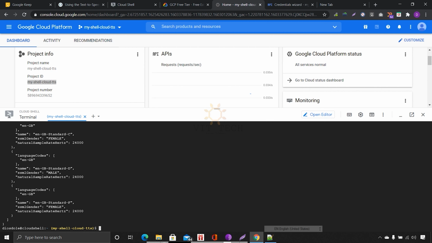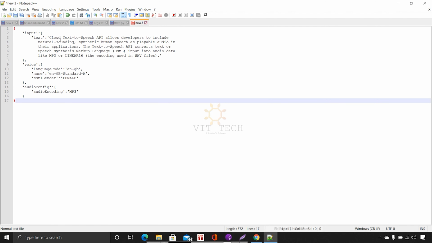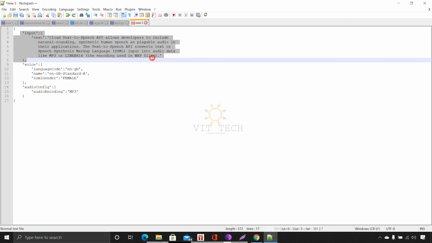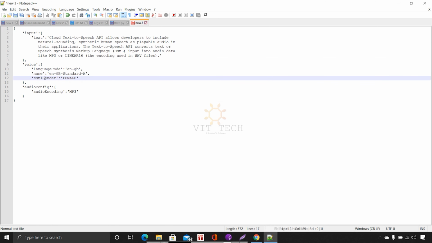Now open Notepad or any text editor. Better, open Notepad++. It is freely available, open source, and create a new file here, and then create a JSON file with the following code. This is our input file, input text. You can say input text and voices. The language we selected is English, the name is standard, the gender is female, and the audio config is MP3.